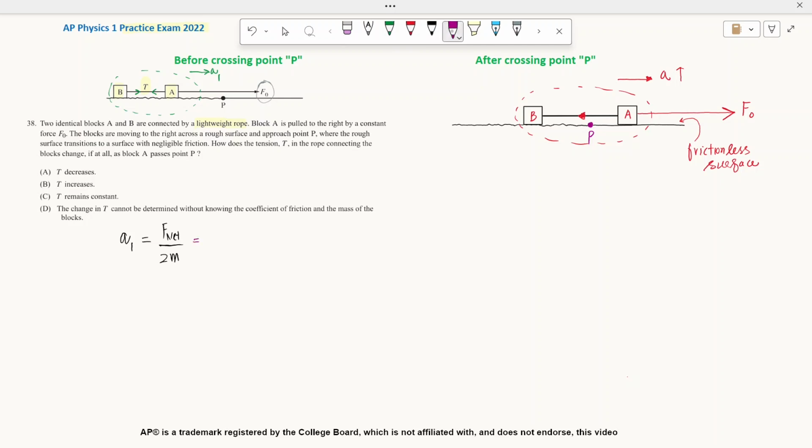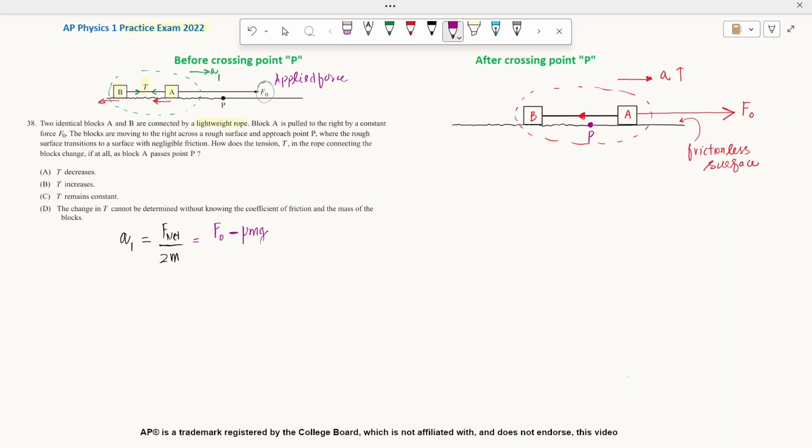Right now, the resultant force is F0, our applied force, minus the frictional force exerted on A as well as on B in this direction. There's a frictional force, right? So I will say it is F0 minus mu mg